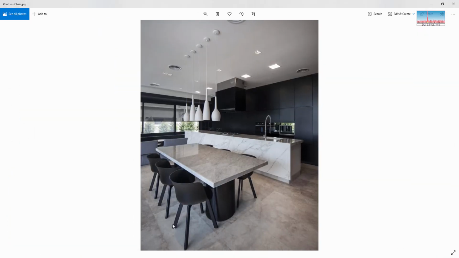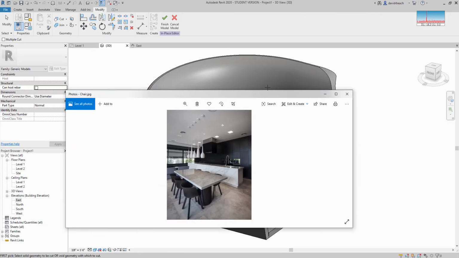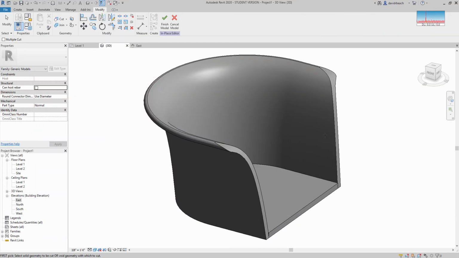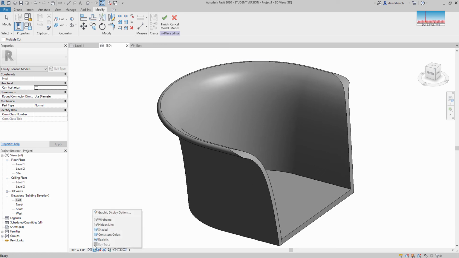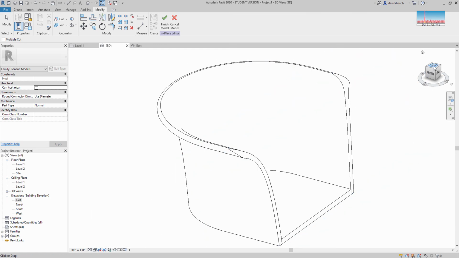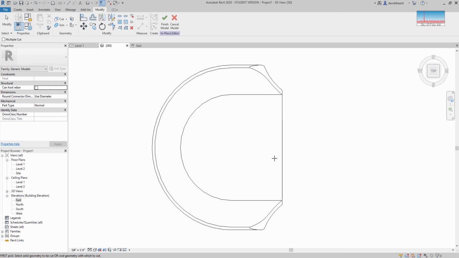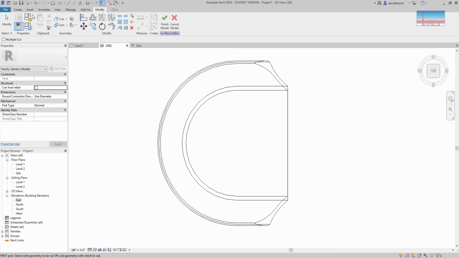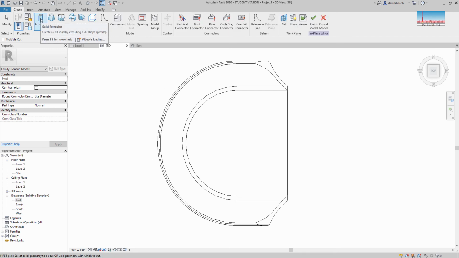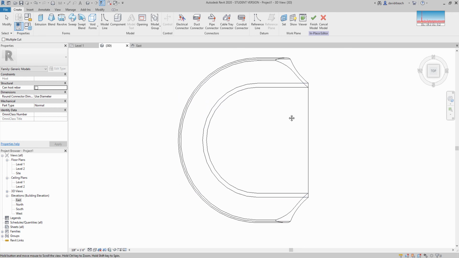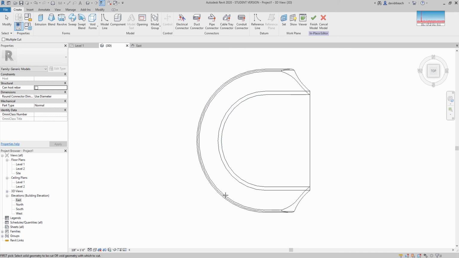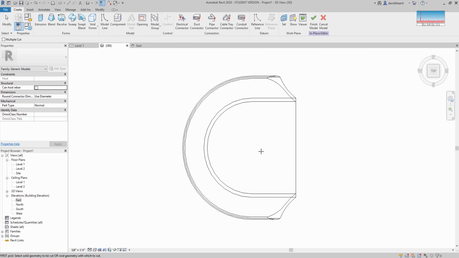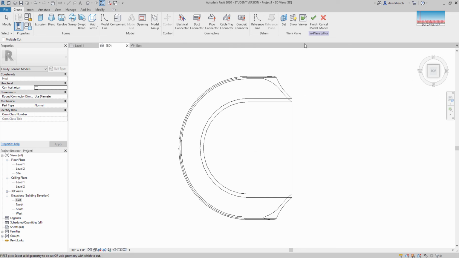There's sort of these pieces that are crisscrossing underneath, and those are off axis. So we'll need to do something slightly different with the reference plane for those. So let me switch this back to hidden line, and let's go to the top view. Actually, I'm going to set this all the way to wireframe so I can see through everything. So for this, again, this is going to be a simple extrusion, but I need to set up a custom reference plane that comes across at an angle to give me a piece of paper in three-dimensional space to draw on. So to do that, I am going to go to